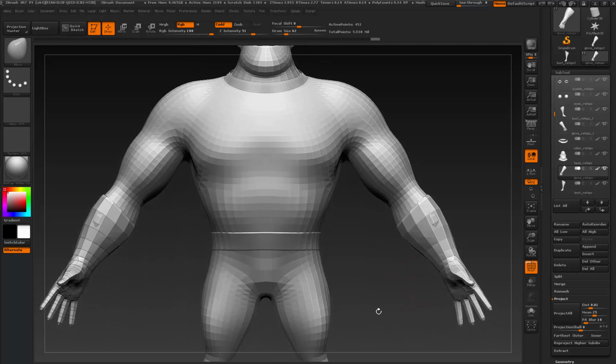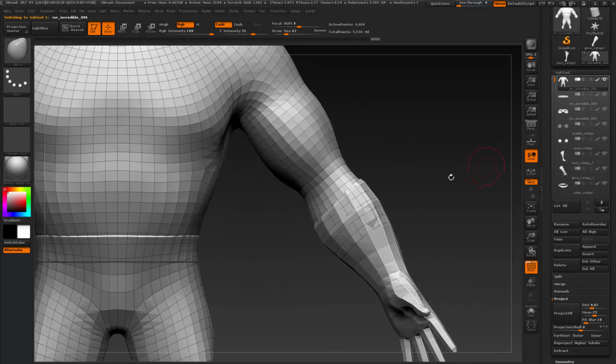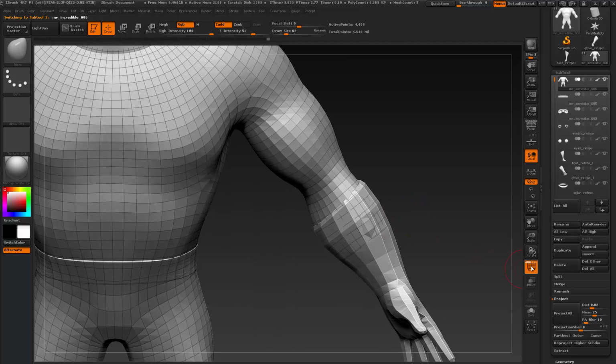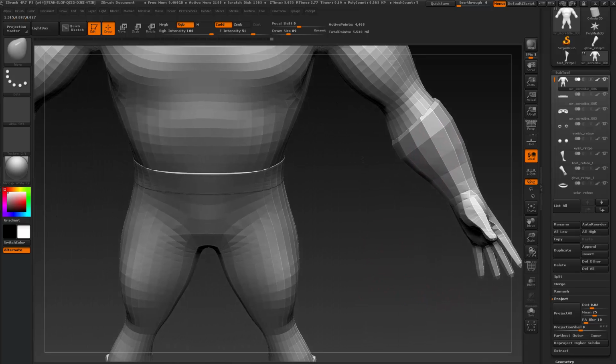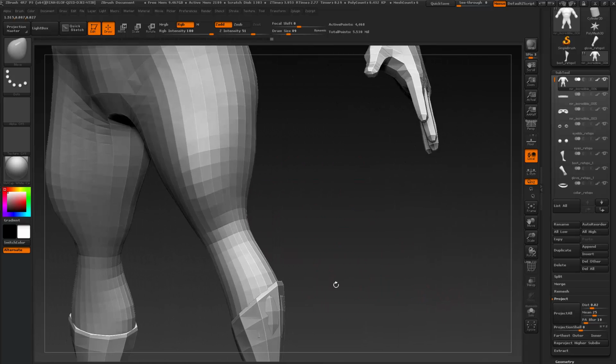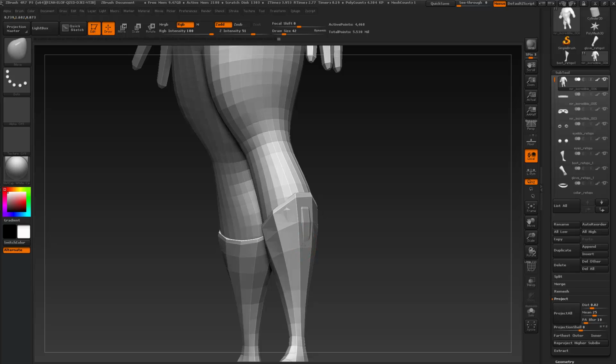And actually I can go here, and even if you don't see this problem in the highest resolution version, I'm just gonna quickly move this guy a little bit inside like that, and do the same here with the boot, just to have something a little bit more clean, like so,